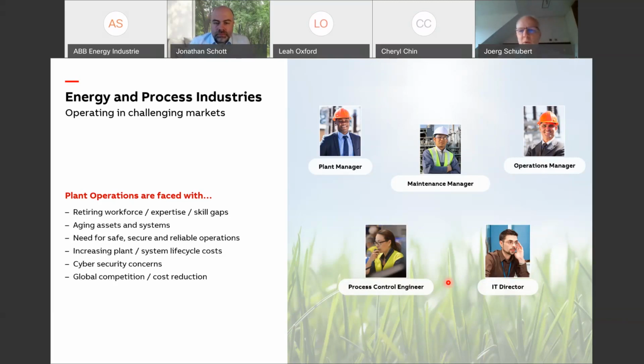At the same time, a lot of our assets are aging. The systems are getting old and need to get a renewal. We see more and more need, especially when you look at how the public is pushing certain topics, to produce even more safe and more secure and have our operations performing more reliably than ever before.